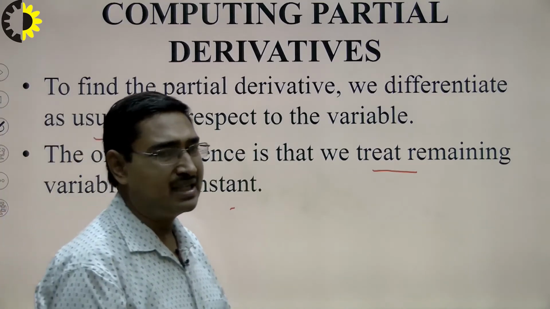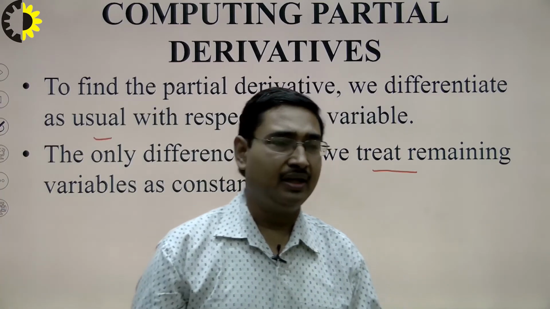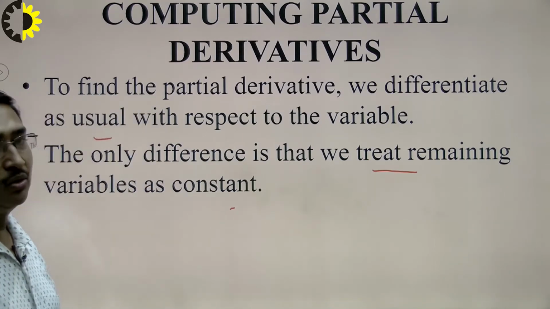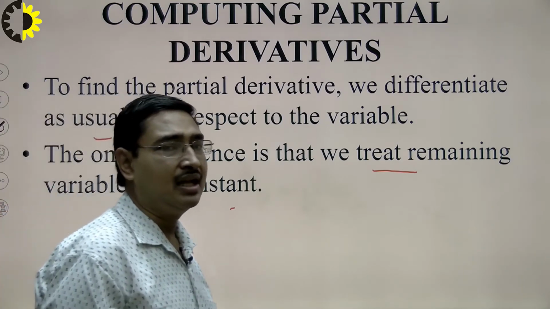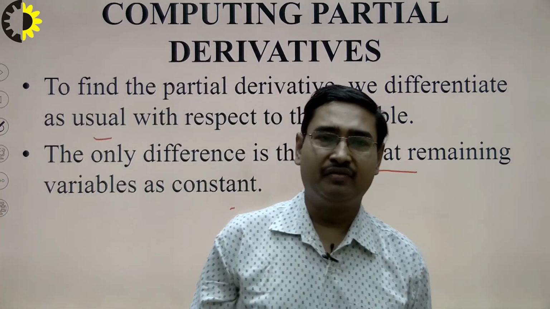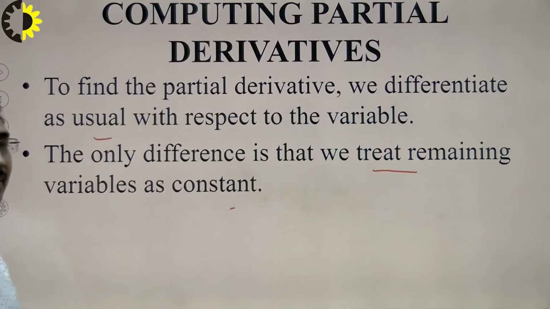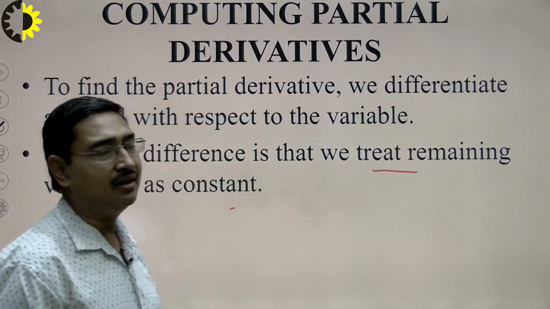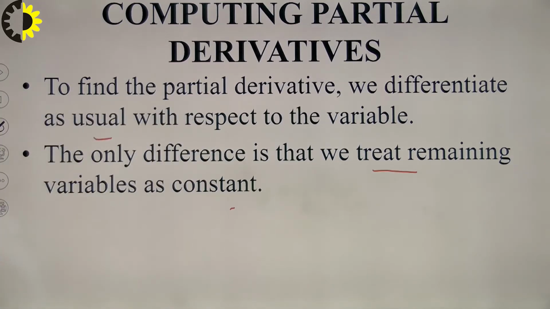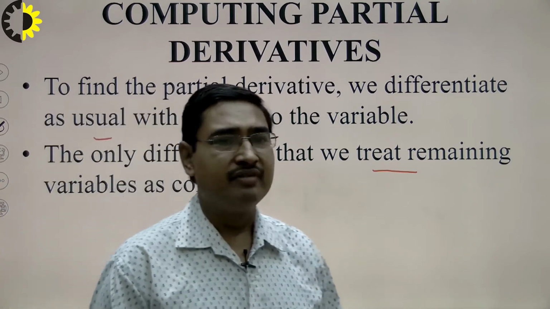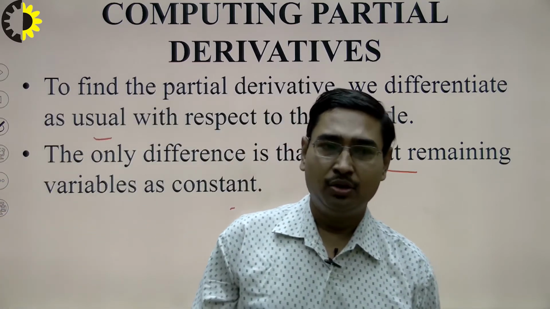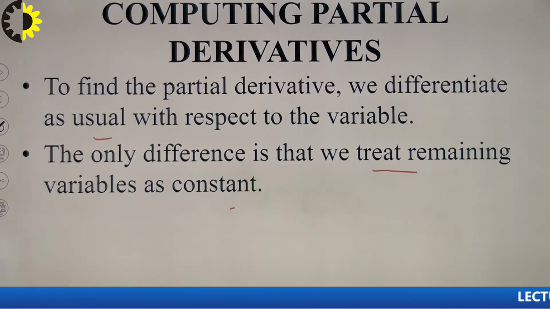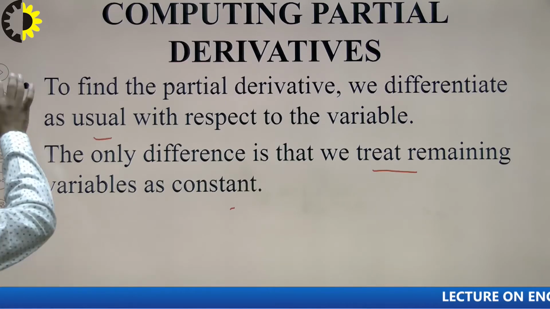Thus, there are no specific rules for partial derivatives separately. We just differentiate as usual. If we are differentiating with respect to x, then the remaining independent variables will be treated as constant and usual differentiation will be performed. Similarly, if we are differentiating with respect to y, then the remaining variables will be treated as constant and usual differentiation will be done. All the rules which we have already studied in 10+2 during the differentiation procedure will be applicable here also. So we need not learn too much about differentiation.